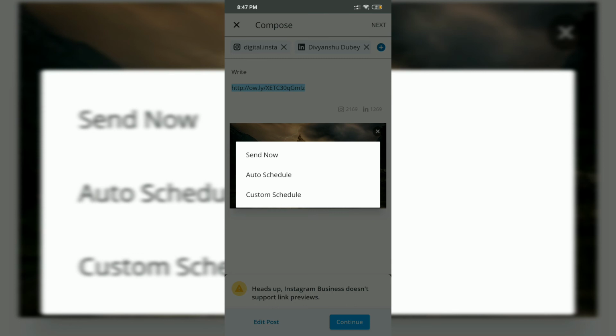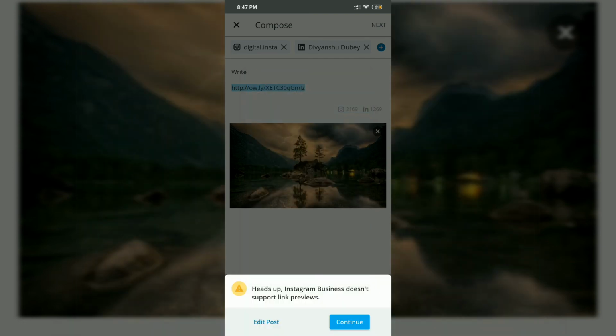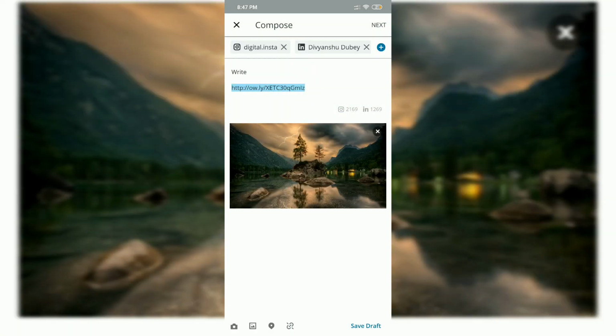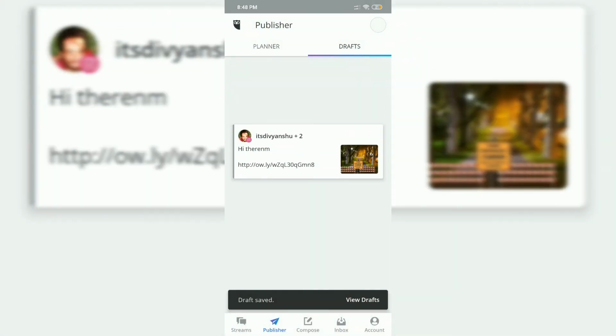If I want to send now, I can click over it. If I want to auto schedule it, it will get scheduled automatically. If I want to customize it, I can use the custom option. Here I have to choose a specific date. Since I have not added a lot of detail, I'll cancel it and proceed, and I can save it as a draft, and I can edit it later on and post it.